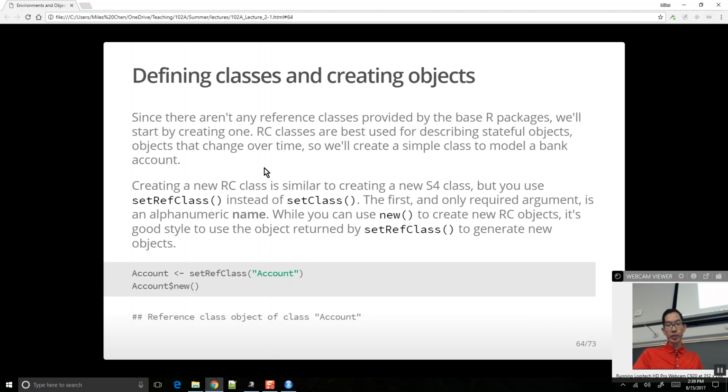Okay, so we're going to create one here. We're going to create a reference class using the function setReferenceClass. And here, the reference class is account. Then we create a new account by using the function new. This is a little strange, right? Because here I'm creating